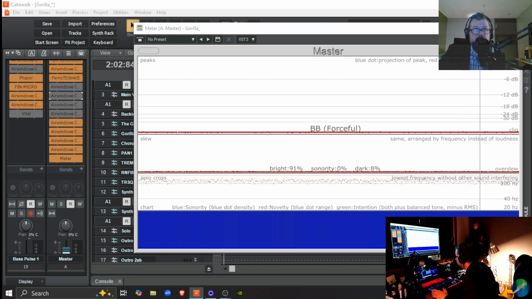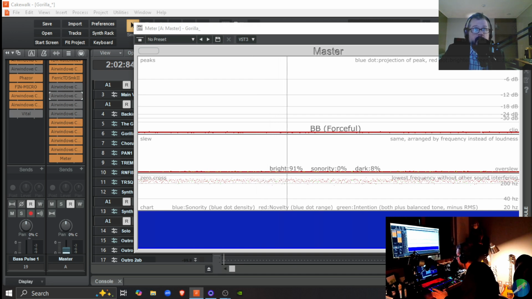Typically, let's say Cherub Rock, the first track on that album, that's anywhere from 90 to 95% sonority and 5 to 10% brightness and 0 darkness.